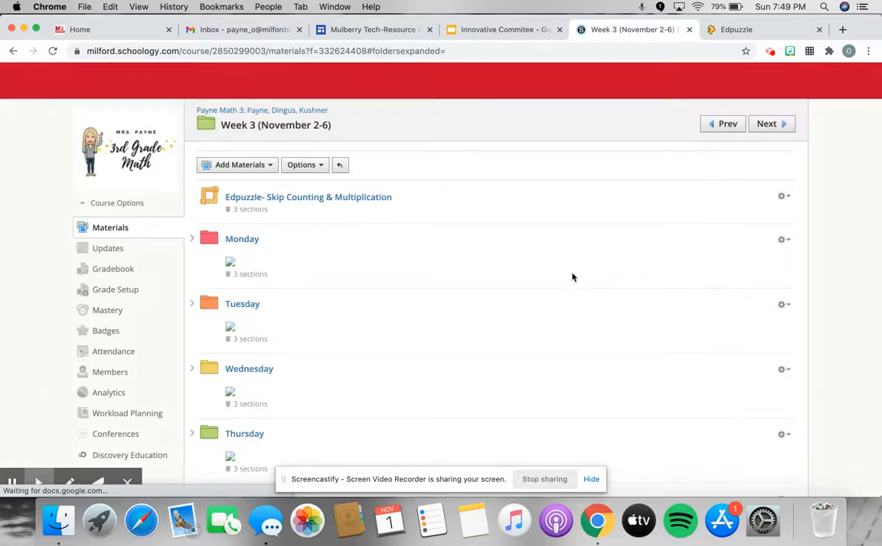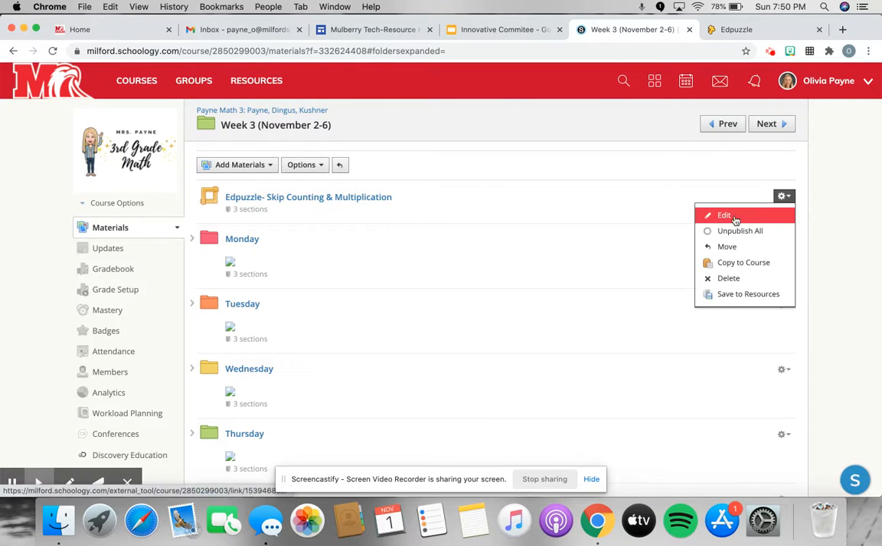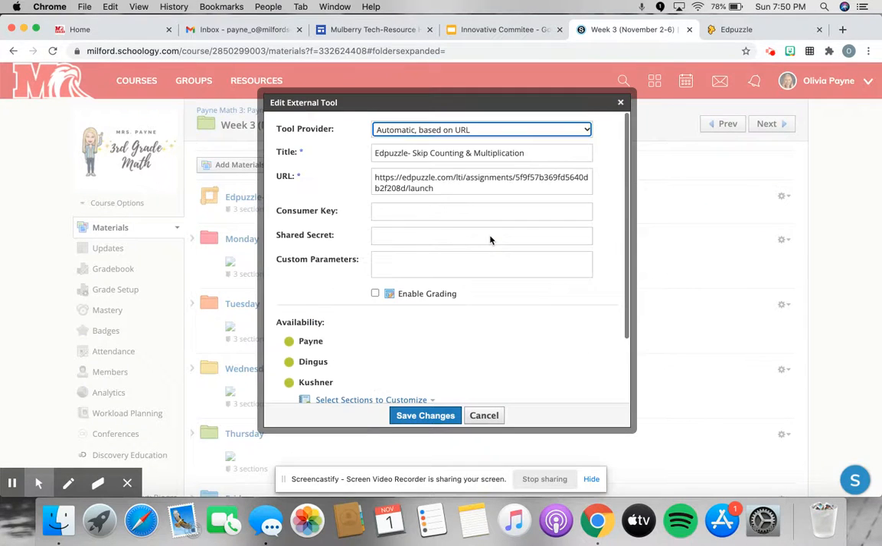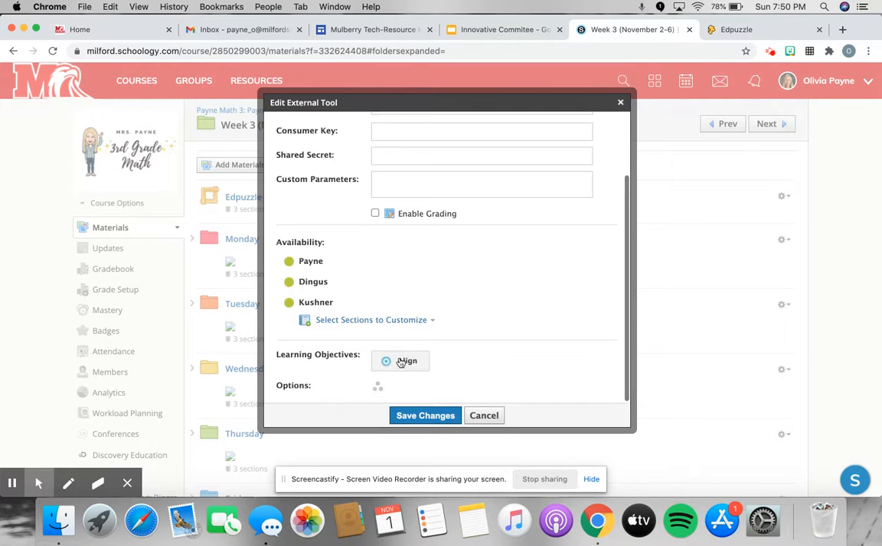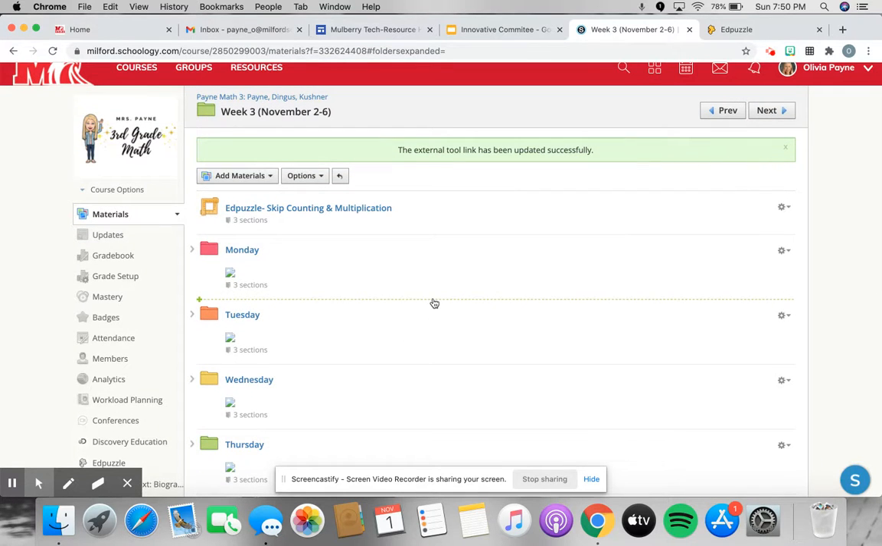And now I have an activity. So it says Edpuzzle, skip counting, and multiplication. Of course, if you want to edit it, you can change the name. If I want that to be a little bit less lengthy, I can change that. So I'm going to hit save changes. And then when students click on it,